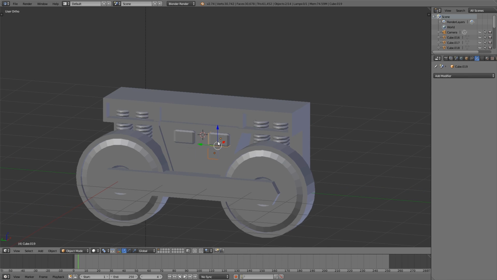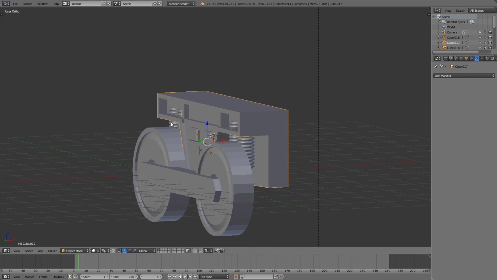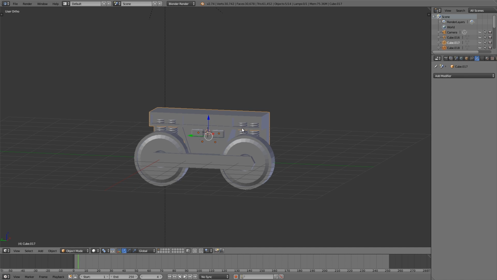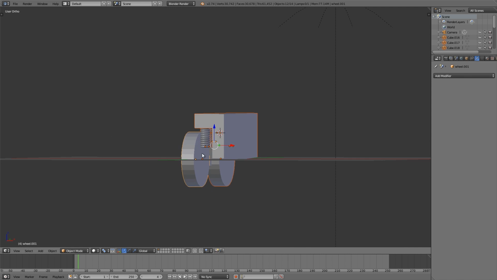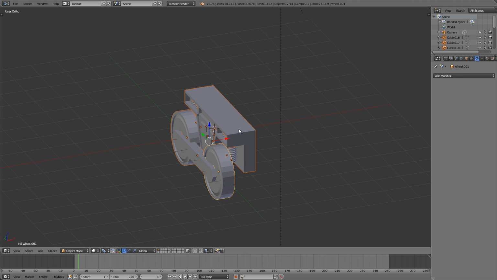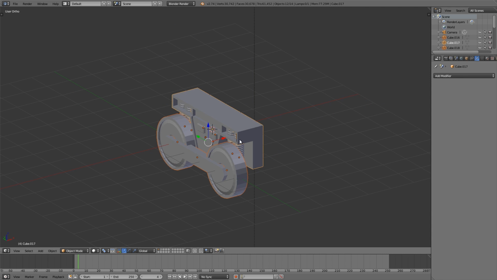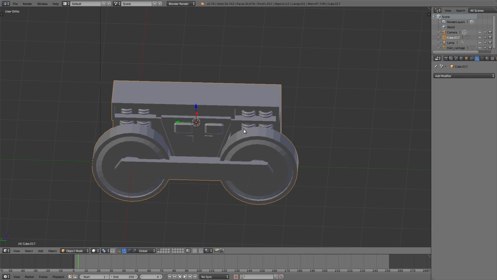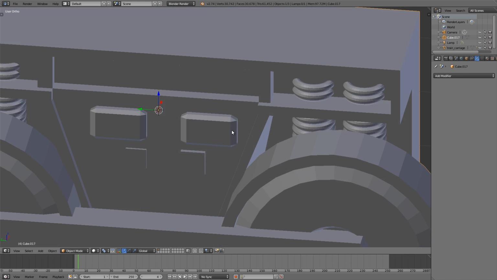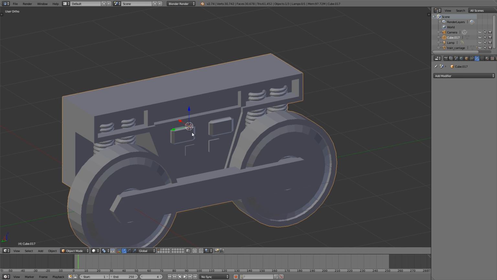So once you're happy with it, what you want to do is join everything together at once. So all the springs and all the wheels in the front, all of that needs to be joined together. Then select the main frame here and Control J. Now what we need to do is make the wheels and the springs smooth, and maybe we'll leave this flat